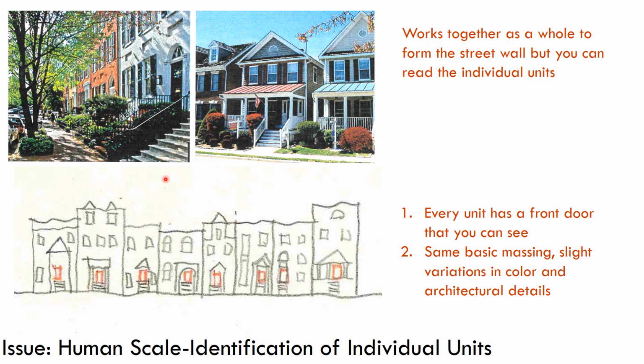Related concept is this idea of individuality of the units. In these character images, folks liked how we had this wall of buildings, but you can see each one with a slight change of material. Same thing here with these single family homes on small lots. Kind of the same building, but there's little differences in the vents here, changes of color for the roofs. And so a good concept is that when you have row housing like this, you should sort of read as one thing, have some consistency, but you should be able to tell each individual unit, and you should be able to always find each front door.